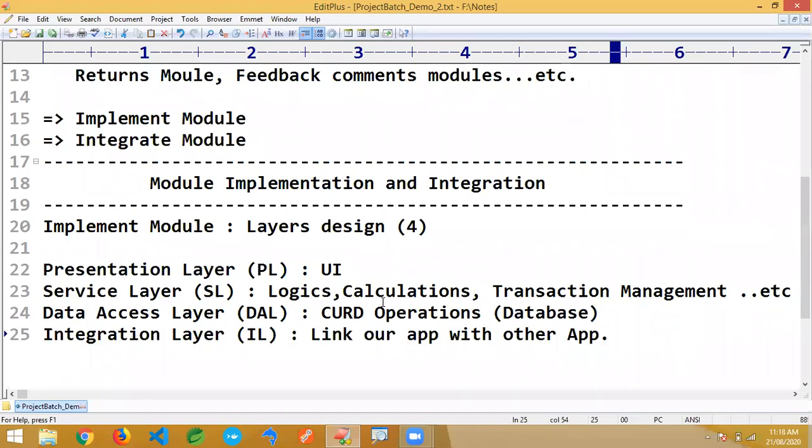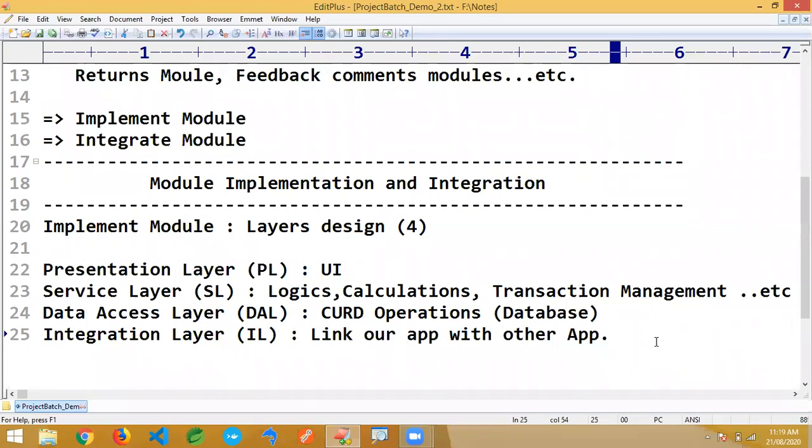You have to move from the Book My Show application to another application. Such moving is done by implementing a link between your application and another application. That is called integration, linking your application with any other application. That is called IL, integration layer.